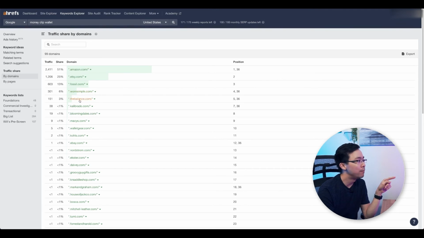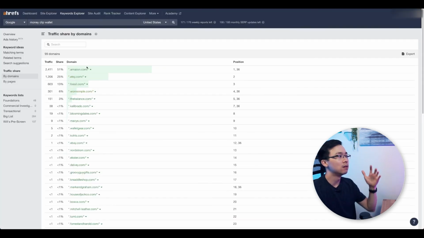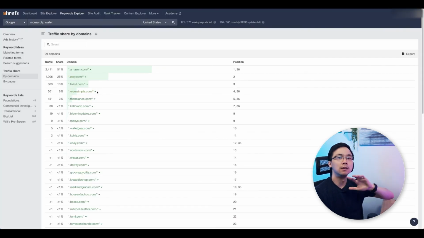Notice how the balance was doing well. We looked at both of those search results. And what I'll typically look at from there is I'll actually sometimes dig into these websites to see specifically what they're doing really well, because what that'll tell me is more information about the particular niche that I'm entering or thinking about entering.